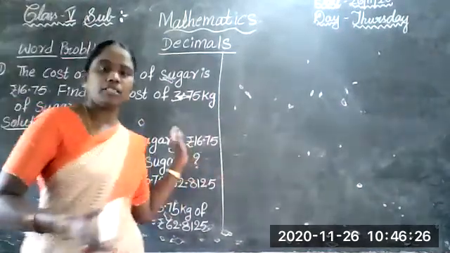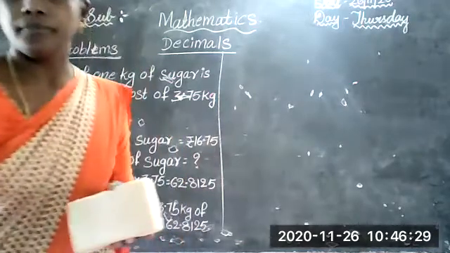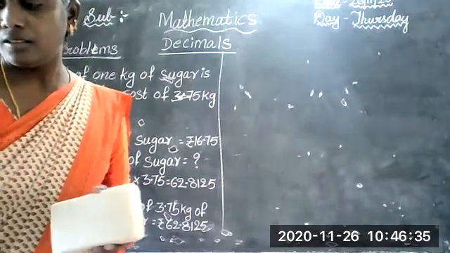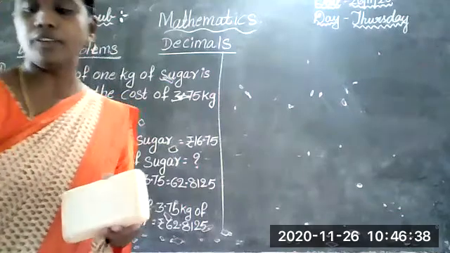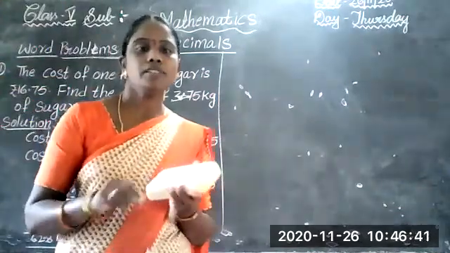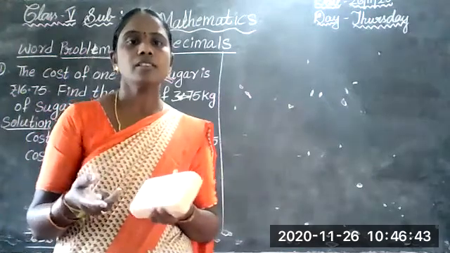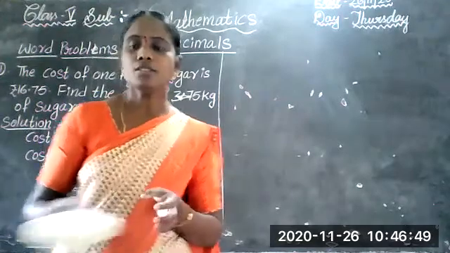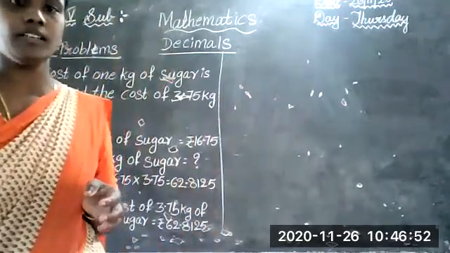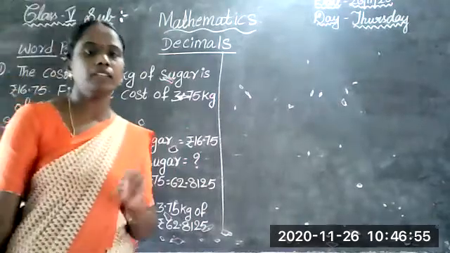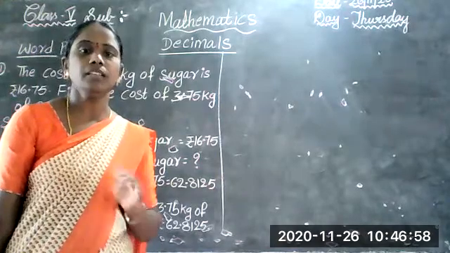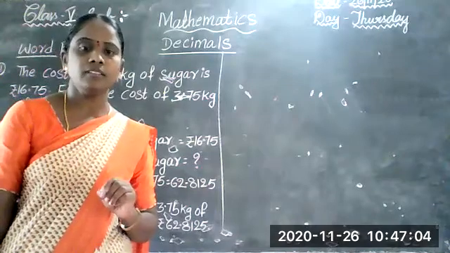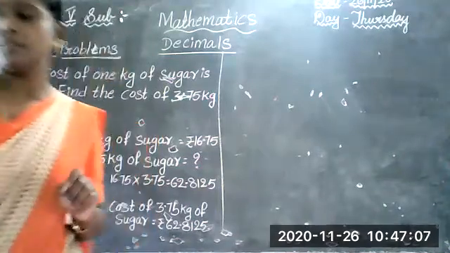Okay, remaining multiplication problems are in your textbook exercises 3.5, 3.6, 3.7. Those exercises have multiplication word problems. So you have to try them on your own, children, in your CW. If you have any doubt, you call me, you ask me. Then in the next class again I will explain those problems. Did you understand what I said?